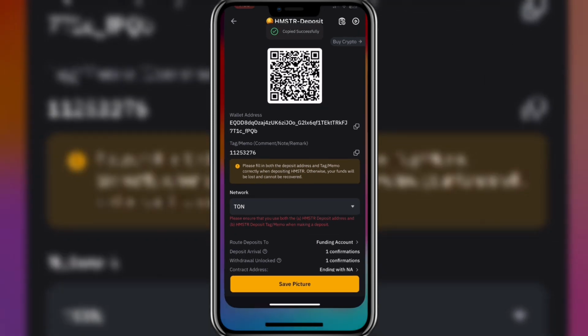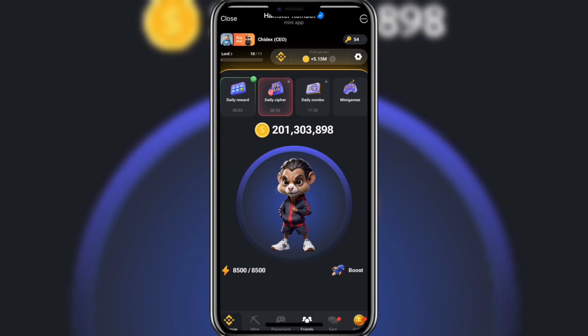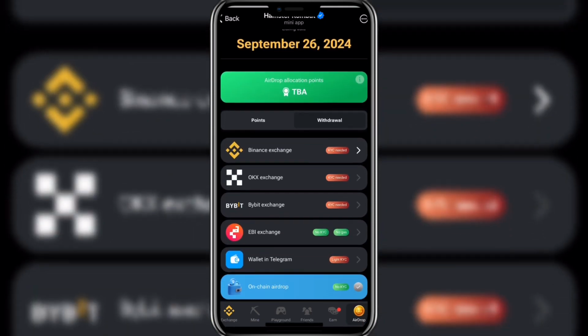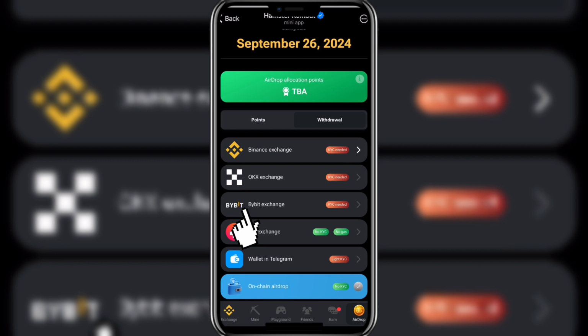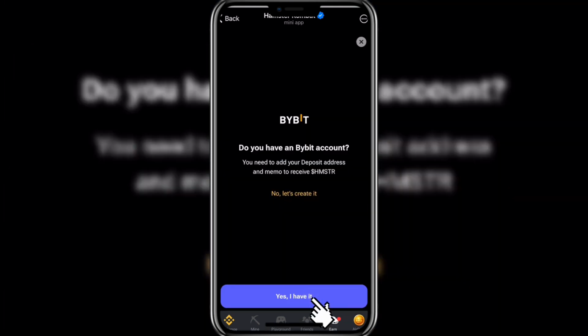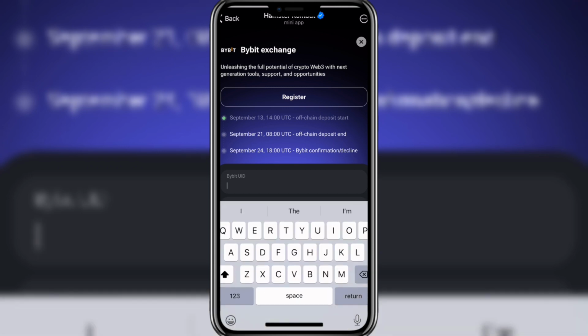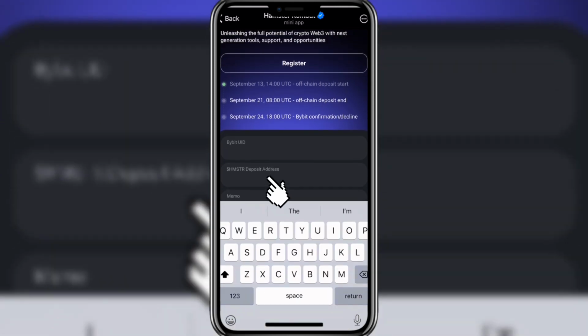After copying your wallet address, go over to your Hamster Kombat in the Telegram mini app and click on this Airdrop over here. Scroll down a bit, you'll see the Bybit exchange. Click on it. And if you already have a Bybit account, click on Yes, I have it over here. Now, all you need to do is to paste the Hamster deposit address that you already copied from Bybit into